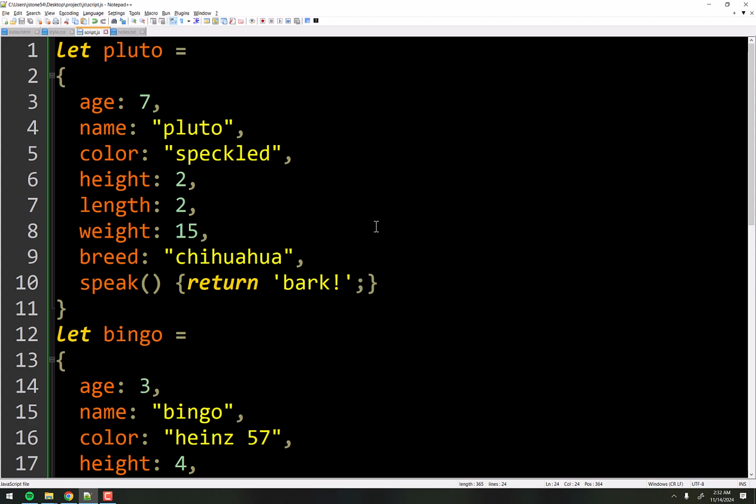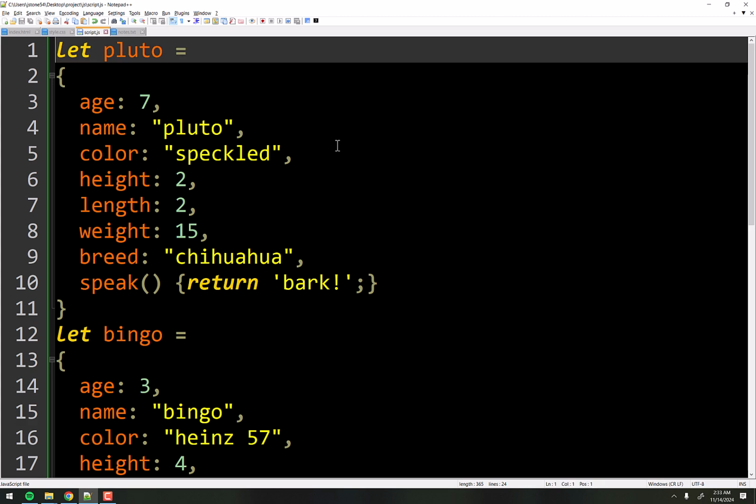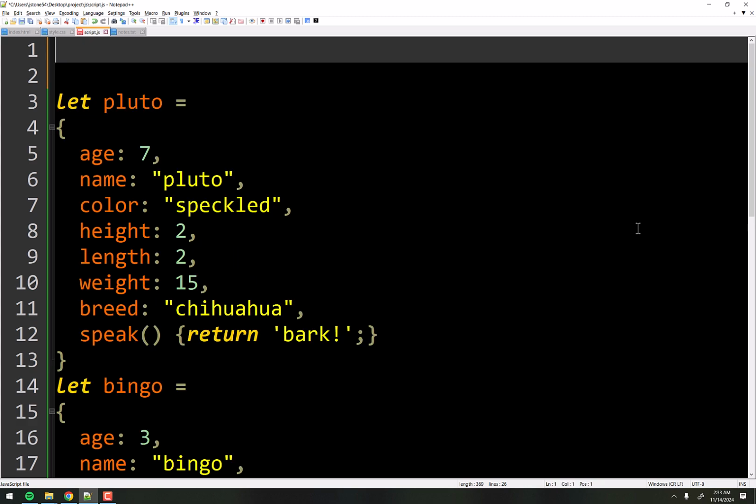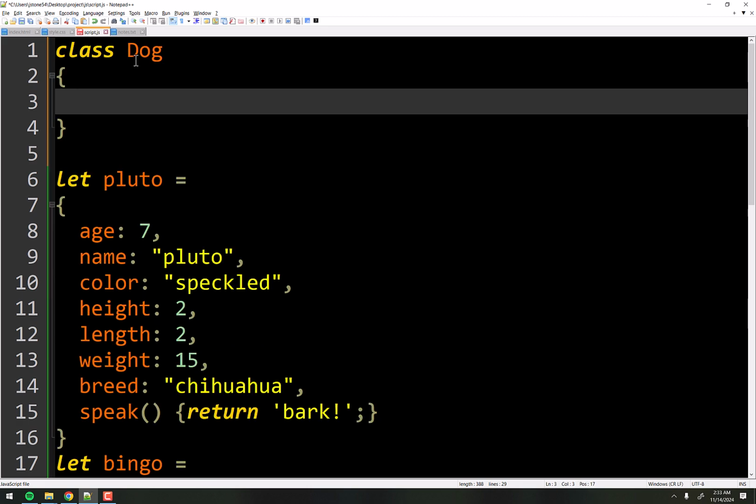And this new way is very much like what it's like in most other object-oriented languages. It's a little different though. There are some weird little quirky things, and we'll get to all those. But for now, let's convert this into a class so we can sort of genericize things, if you will, right? So I'm going to keep this Pluto and Bingo for a minute, and let's make a class called Dog, right? Now notice that Dog is capital D there. That's not required, but it is standard practice, so just do it so that everybody knows it's a class, right?